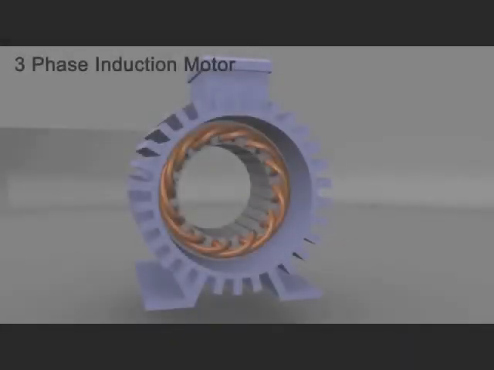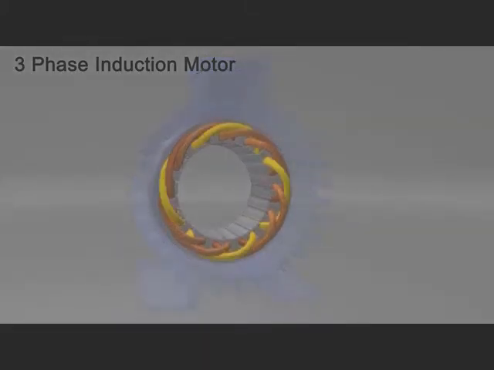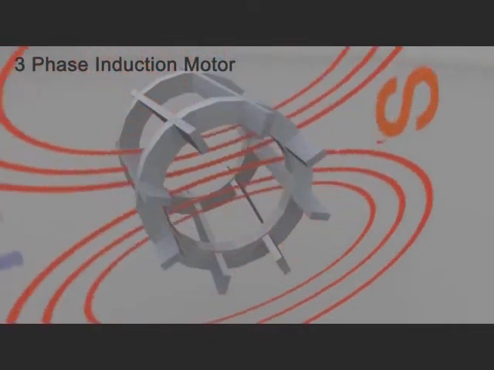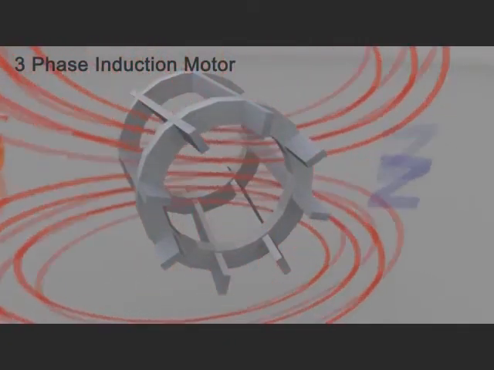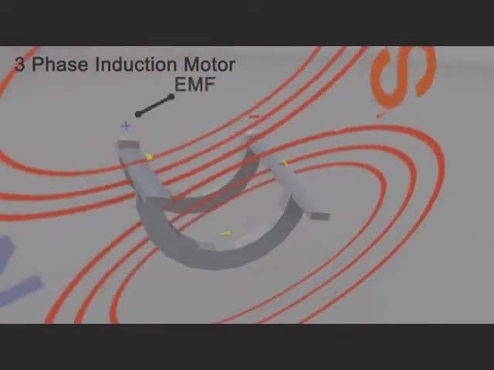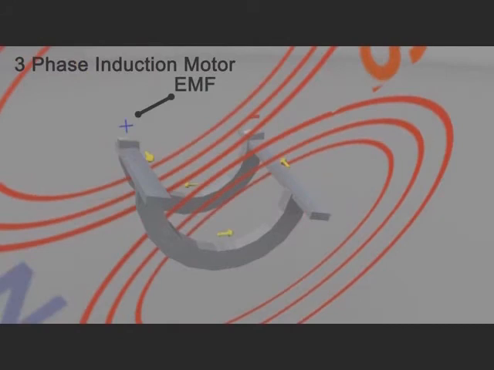When three-phase supply is given to the motor, the resulting current generates a magnetic flux phi. Due to the switching sequence of three-phase current in RYB, the generated flux rotates around the rotor conductor. According to Faraday's law, which states that an EMF is induced in any closed circuit due to the rate of change of magnetic flux through the circuit, EMF is induced in the copper bar, and due to this, current flows in the rotor.